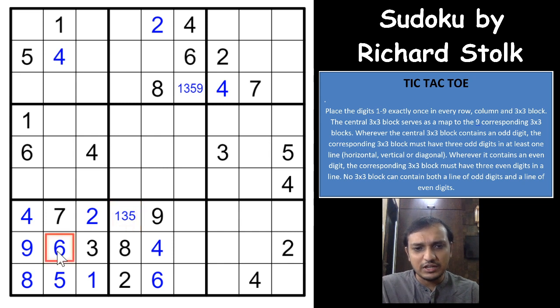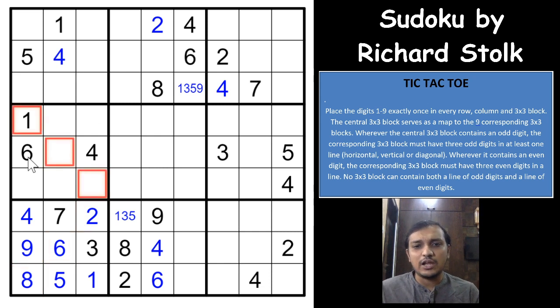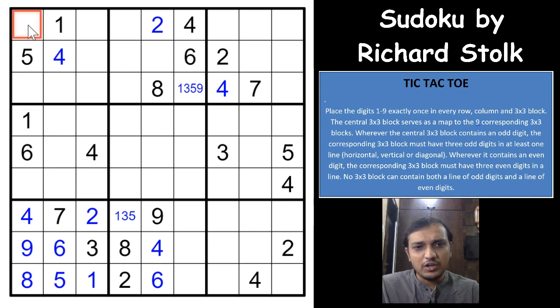So if you see here the center, you have 3 even digits here, right? You have 3 even digits in a diagonal line, and there are no odd digits. So a very good logic here is that whenever you have 3 odd or even digits diagonally, there is no way possible that you will have another line of odd or even digits any way possible, right? So if you have 3 even digits or odd digits diagonally, all these 3 cells are using 3 cells from different lines, right?